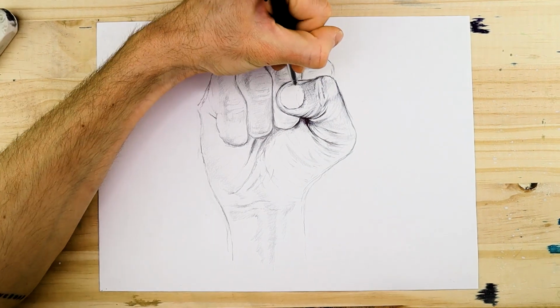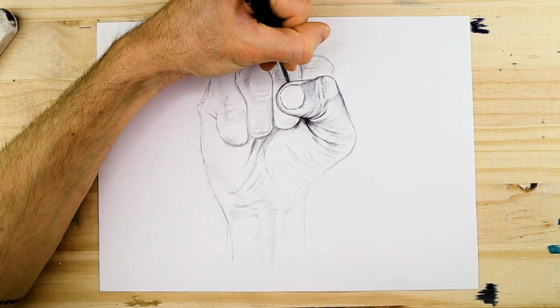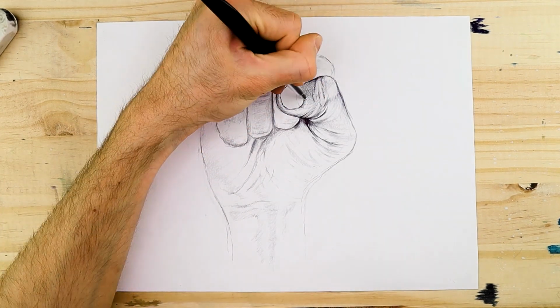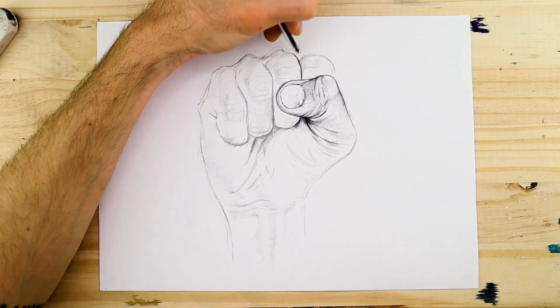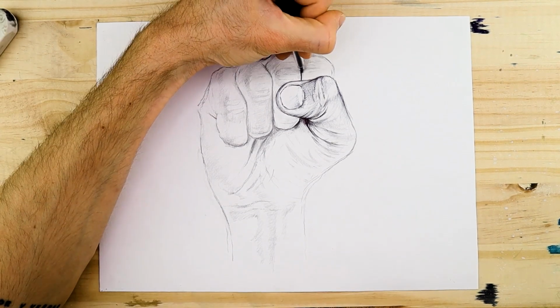Now again, when we utilize pen work, we're not necessarily trying to recreate new marks. However, we can obviously, as we go, if we feel that we need to, as we go back and forth between the reference image and the drawing. But what we are primarily trying to do is just enhance or darken or add more contrast to the already